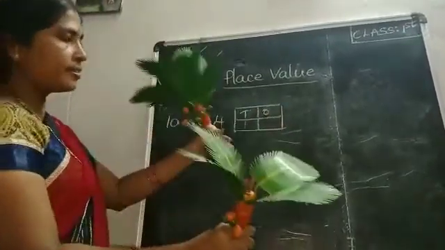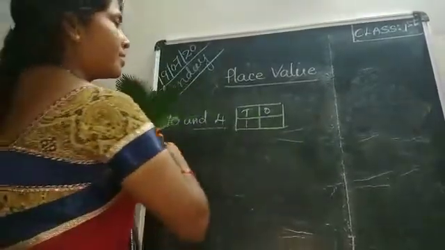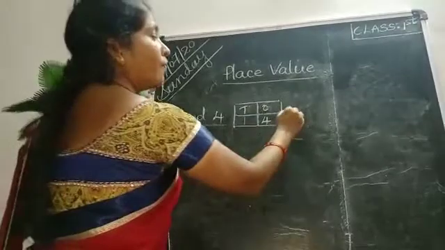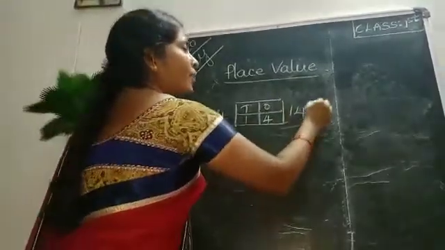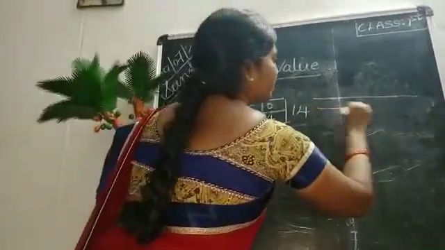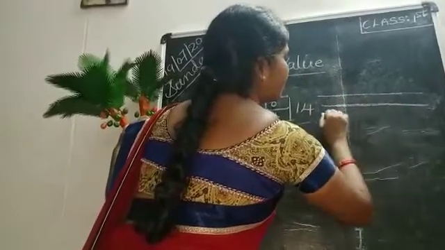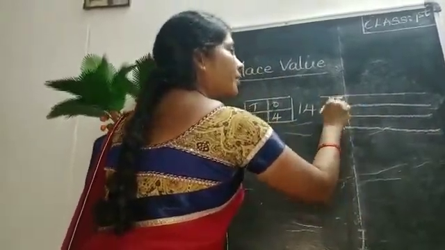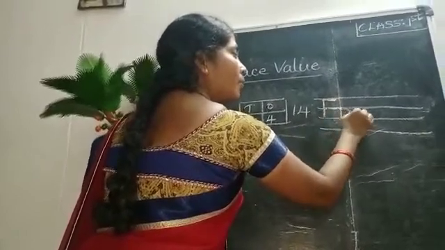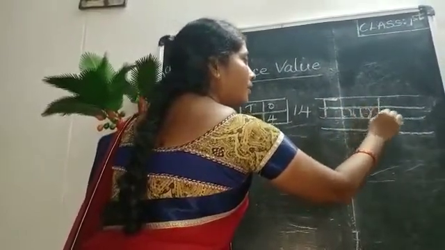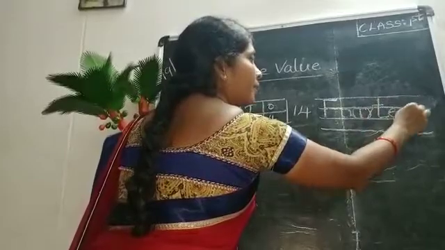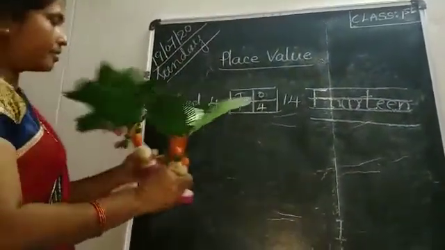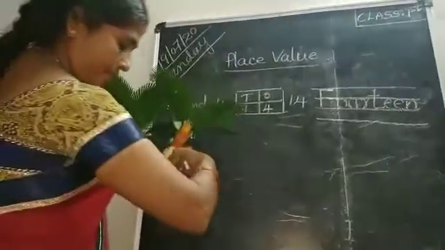How many tens? One 10 and 4 ones. What do we get? 14. See, F capital letter F O U R T E E N, 14. Okay. Next again, see one 10 and